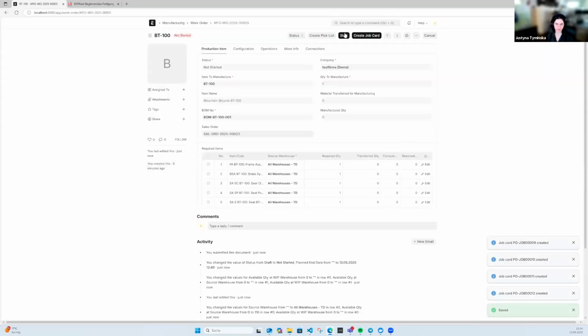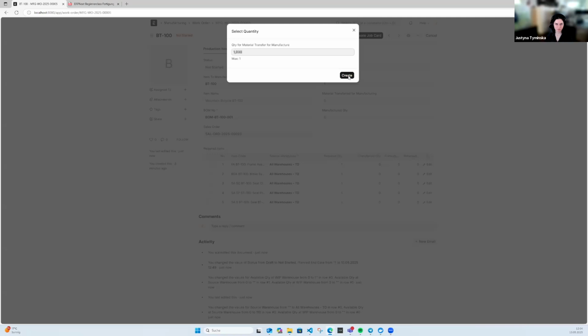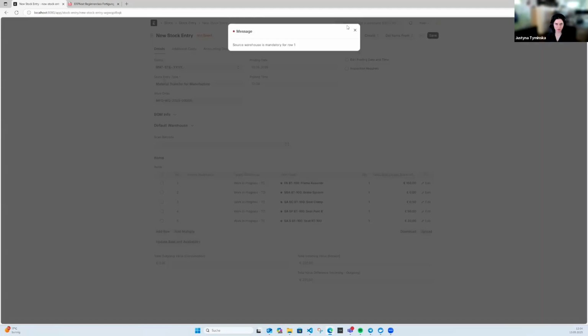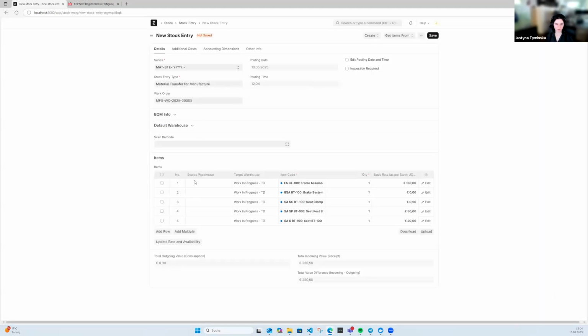So let's start. As we see now, we already have a list of items for the stock entry. We can save that. We have to pick the source warehouses. In this case, we will use